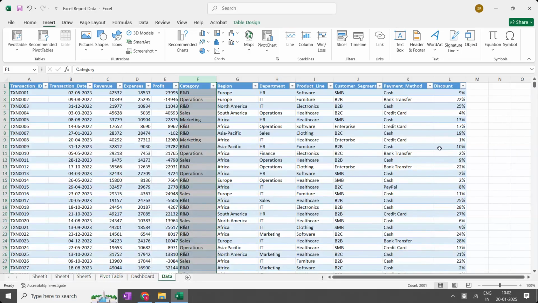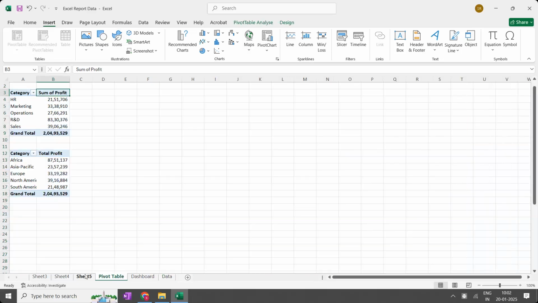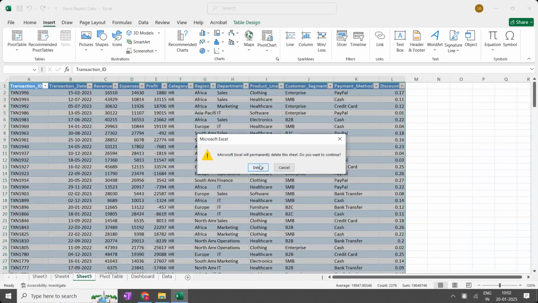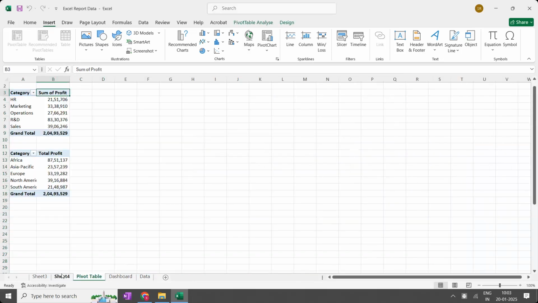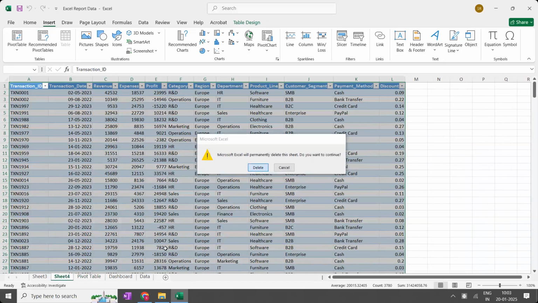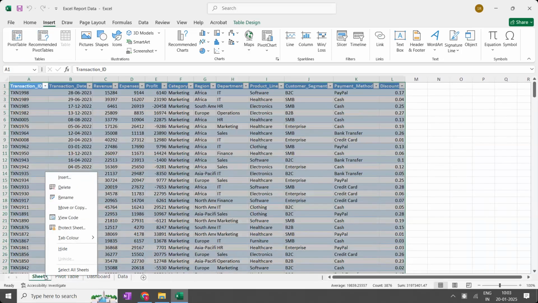So for example, you want to create one more pivot table in a separate sheet. You don't want to use the same sheet as the previous pivot table. Instead of that, you want to have a separate sheet. Sir, why has it created these many sheets with the data? What is the reason behind that? Here, when I have selected this one,